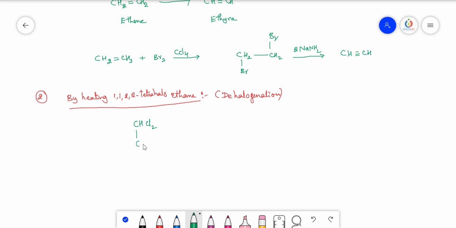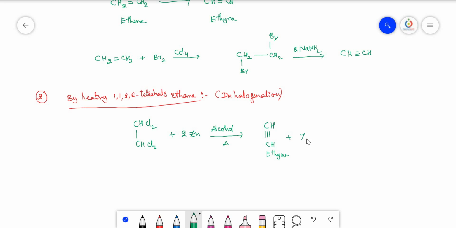CHCl2, single bond CHCl2. So 1,1,2,2-tetrachloroethane. Just treat with 2 moles of zinc in the presence of alcohol and heat it. Each zinc will take 2 halogens, so 2 moles of zinc will take the 4 halogen atoms and develop 2 more bonds in addition to the existing single bond,